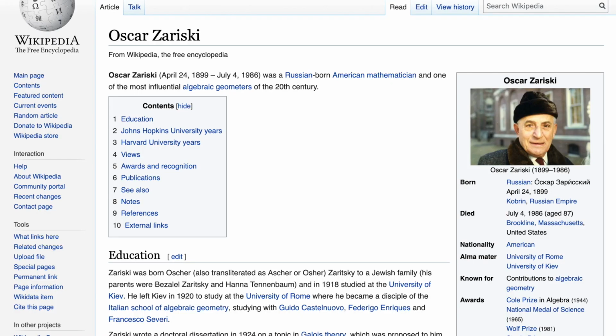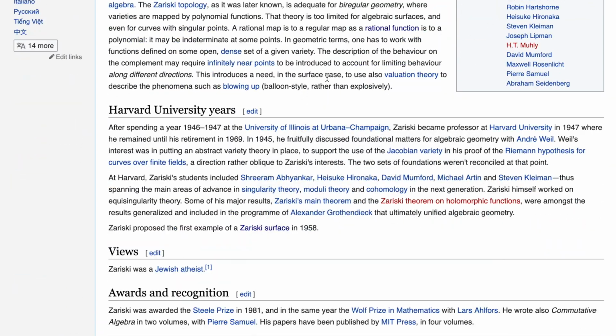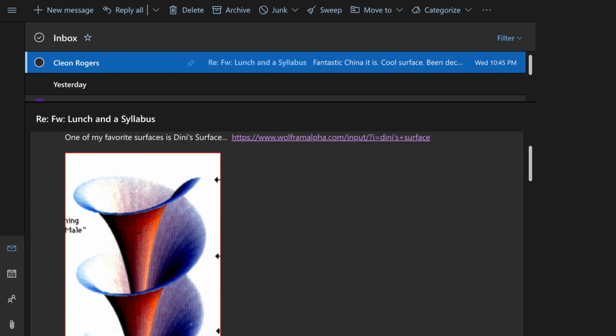Well, we head over to find out about Oskar Zariski because it would be a shame not to know more about him. He was a quite prolific algebraic geometer, and his wiki page is a fascinating tour. He went to the University of Illinois at Urbana-Champaign for a season, where I had the good fortune of being trained as an engineer. So I went back to Cleon, and he told me some more of the stuff he'd been doing,